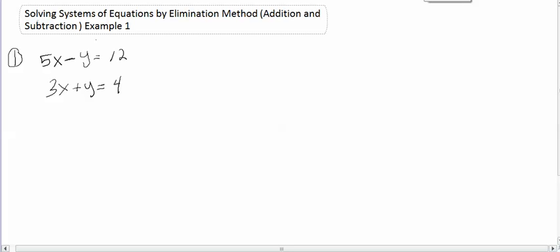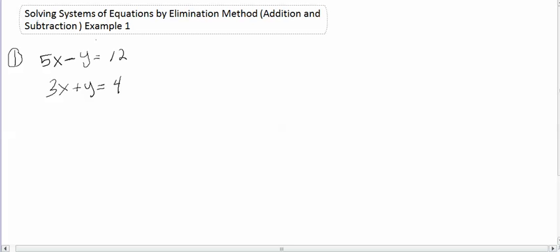Today we are going to be solving systems of equations by the elimination method, the addition and subtraction. This is example 1. Example 1 is 5x minus y is equal to 12 and 3x plus y is equal to 4. The first thing you want to do when you're solving by elimination is to line up your equations